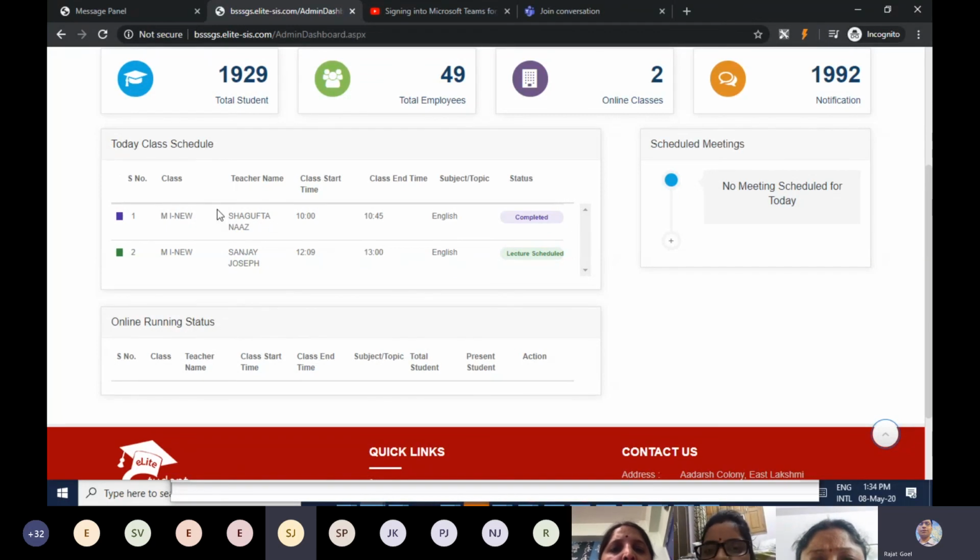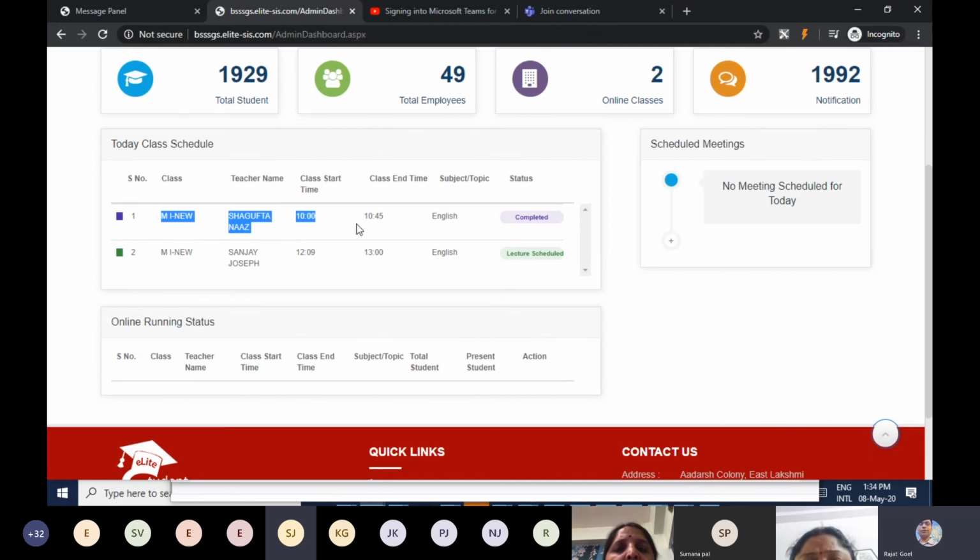Here you can see that we scheduled these particular lectures. This was scheduled from your end, and this was scheduled by Mr. Saurabh for you and for us, and this was scheduled by me during the demonstration, and we marked it as completed as we marked the attendance. We closed that lecture, so it is coming under the completed state.